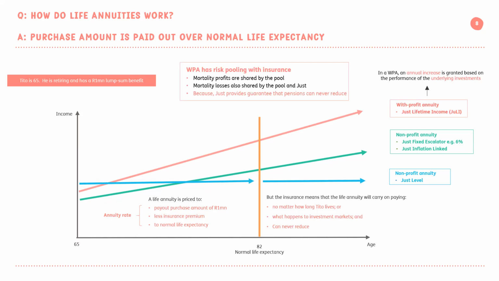So the principle behind a life annuity is that you do get pooling. You get pooling of risk because people who die before their life expectancy subsidize those that live beyond their life expectancy. And that's effectively how we price the annuity. So you don't have to self-insure like in a living annuity, where you take on all the risk yourself, the longevity risk of how long you're going to live. The insurer takes that longevity risk, and as a result of that, is able to give you a very attractive